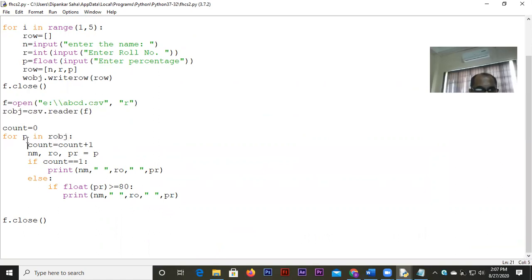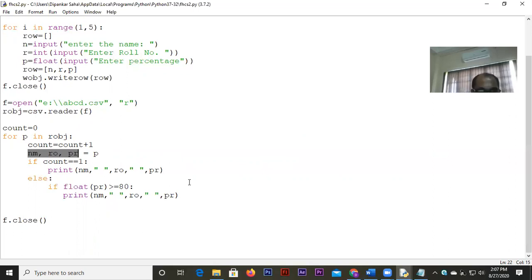So when you write for p in obj, it means as long as it is possible to find a list. So the first line will be the first list here, and p is my first list, right? So first list means if I take three variables here, I'll be able to unpack those values.